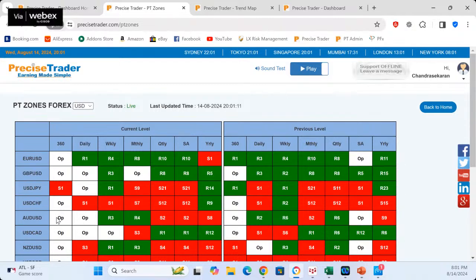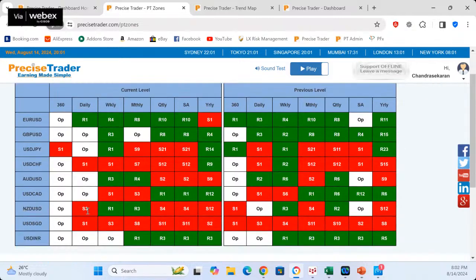today and hourly is flat, and dollar CAD is flat across the board. That means 360 is flat, daily is flat, and weekly is just moving in and out in different areas. And New Zealand is weak. Because today the RBA cut the rate, New Zealand is expected to be weak. So irrespective, even if the data is bad, we can expect some bounce or some pullback, but eventually it has to be weakness on this.